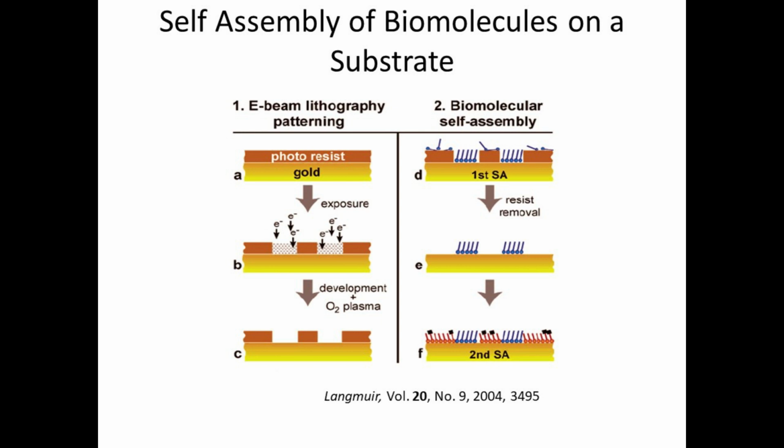You expose it to your e-beam, and then you do your development. Then you do your oxygen plasma. Why? Because you want to modify your surface, so you can have your first self-assembly molecule on your